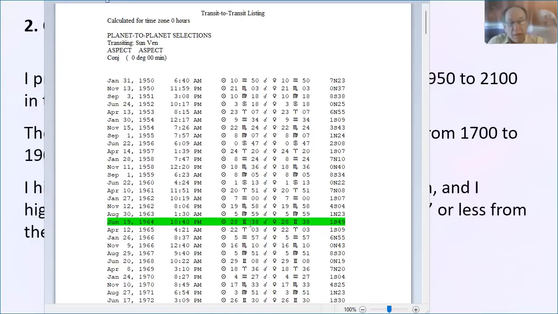Of course, it repeats over and over the same signs because that's the whole idea of the Venus star points. They get distributed in 5 points of a star at almost the same position, moving about 2 degrees every 8 years. Well, each of those points moving 2 degrees every 8 years, sooner or later, one of them changes signs. So only one of the 5 points changes from Cancer to Gemini. Notice it goes retrograde through the signs. It goes from Cancer to Gemini on June 19th, 1964. There's your zodiac sign change.